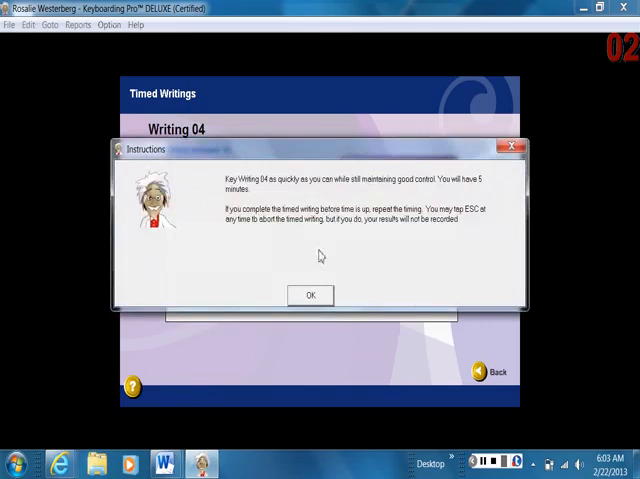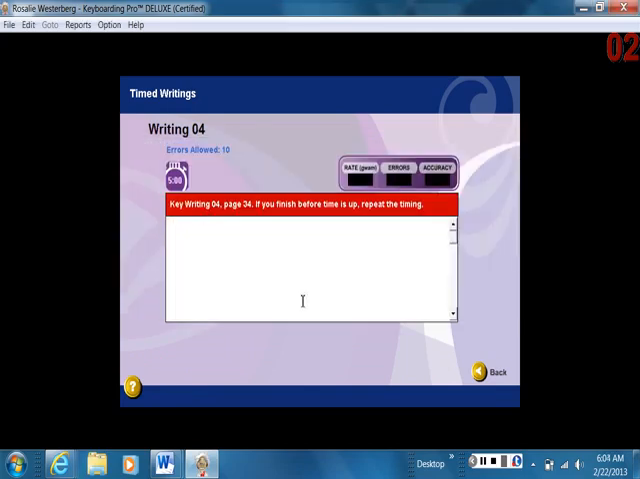It tells you which writing you've chosen, tells you which page you need to go to and which writing. It says if you finish before the time is up, repeat the timing. So you just go into the textbook on those pages and you type whatever it tells you to type. You don't hit enter until you're at the end of the paragraph, and I think that we only have 1 space after our